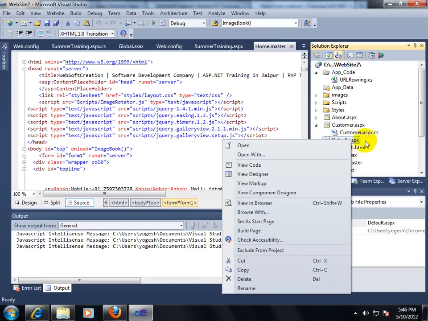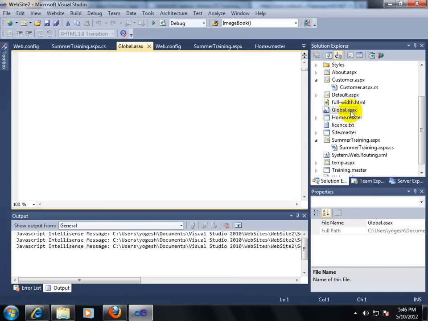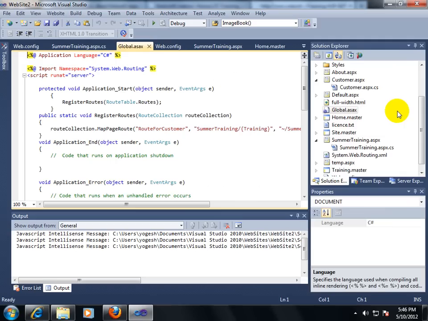If you want to do that, then you have to go to the global.asax file. As we know, this is a unique file, and it is a single file in your application. I used some namespace over here. The first one is the import namespace System.Web.Routing. It is a namespace which you can find in framework 3.5 and 4.0. After importing this namespace, you can use the classes of that namespace in your code directly.